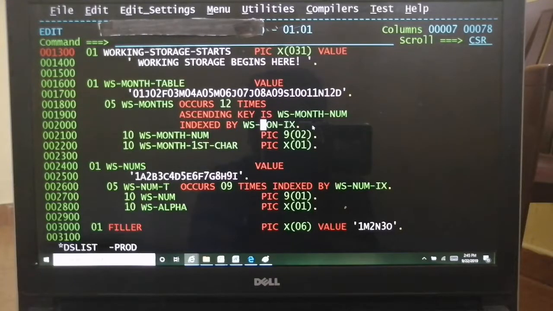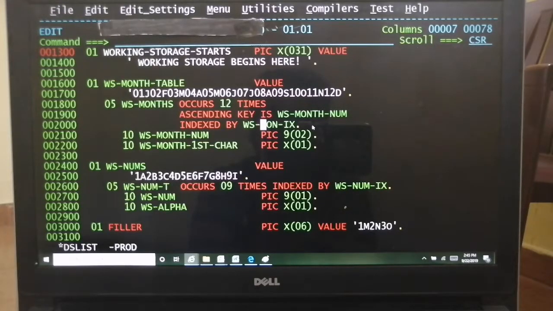But at the same time, you cannot display the index as such because it's an item associated with a particular table. You can use the index only in three operations. They are SET, which is for setting a value or incrementing a value; the PERFORM command, where if you want to loop through something, you can use the index; and SEARCH, which is for lookup of a table. So PERFORM, SEARCH, and SET, only these three statements can